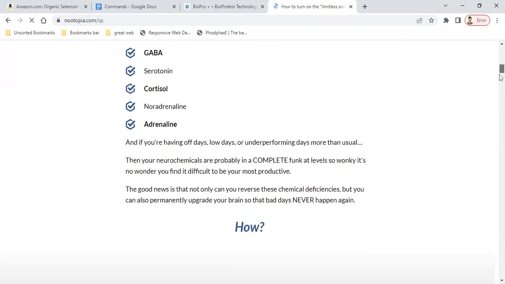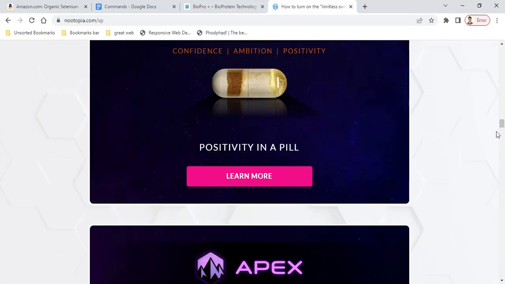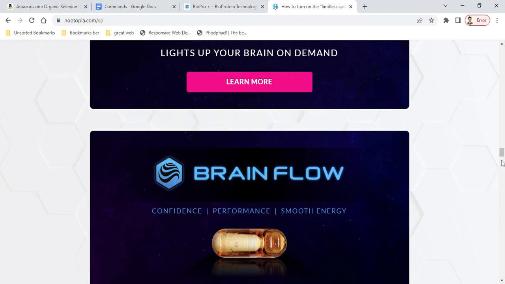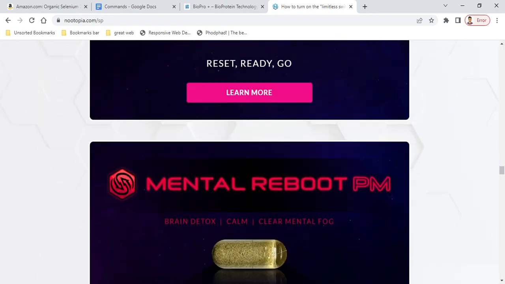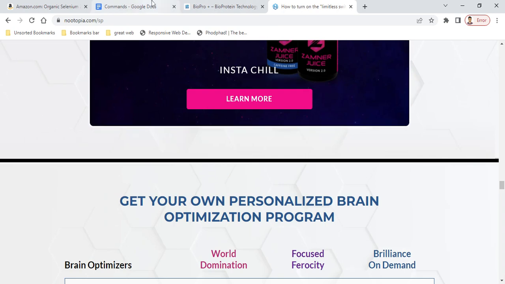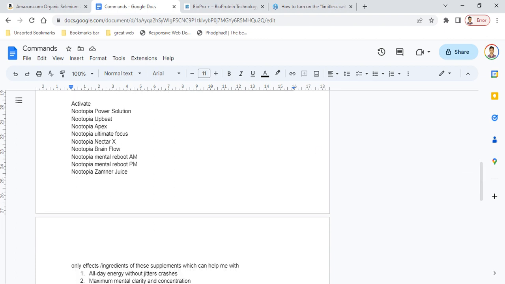Now they have a lot of supplements: Power Solution, Upbit, Apex, Ultimate Focus, Nectar X, Brain Flow, Mental Reboot PM, Zamner Juice. So let's say if you only want to extract a certain effect from a group of supplements, you can say things like activate Nutopia Power Solution, Nutopia Upbit, Nutopia Apex, Nutopia Ultimate Focus, Nutopia Nectar X, and you read all